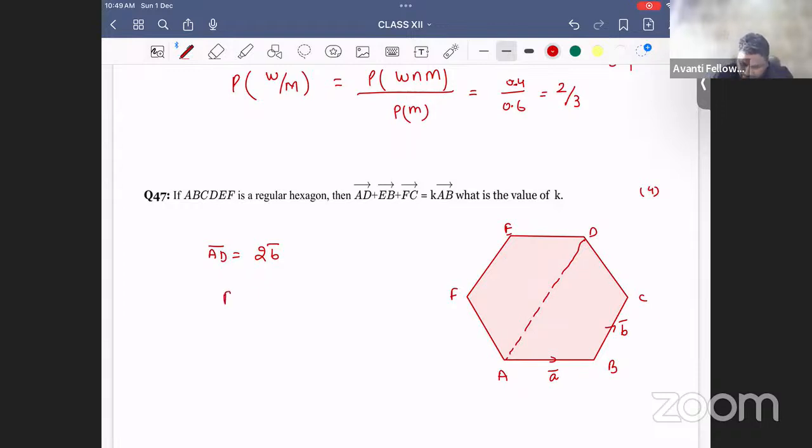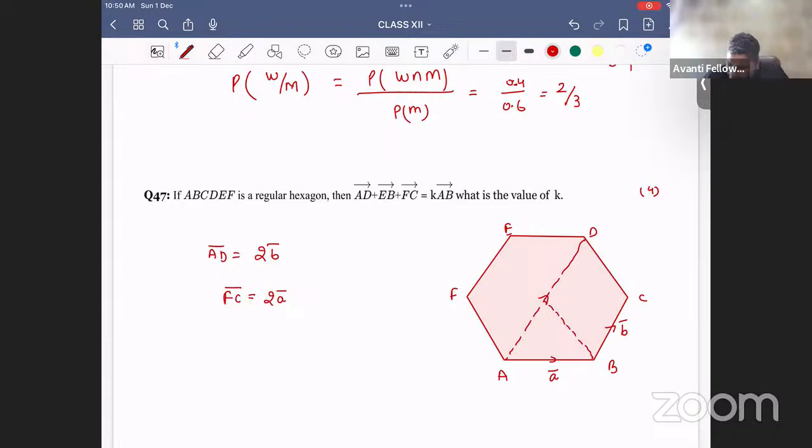FC is going to be 2 vector A. A to D is 2B, FC is 2 vector A, and if I can find this vector,